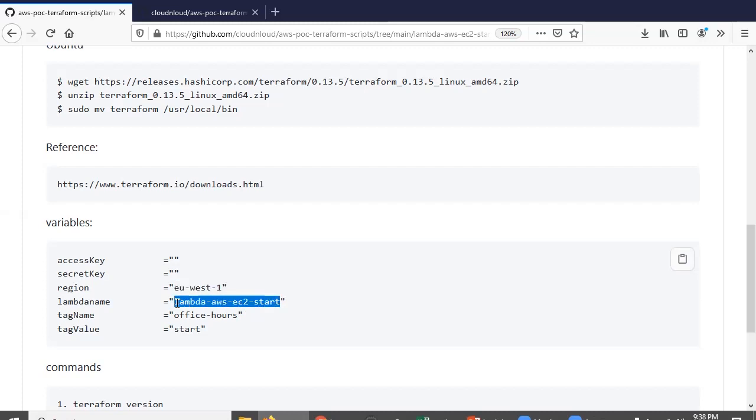I mentioned Lambda AWS EC2 start. You define whatever you want according to your project. And the tag name is also up to you, depending on the project. I mentioned here office hours start.